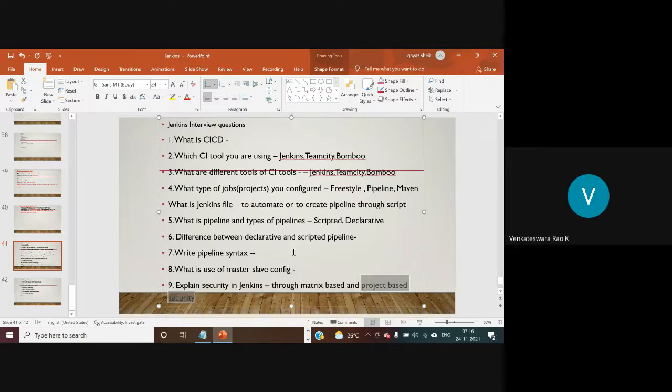That is project based security. So that is the way of providing security to Jenkins. Similarly we have LDAP security also to secure our Jenkins.